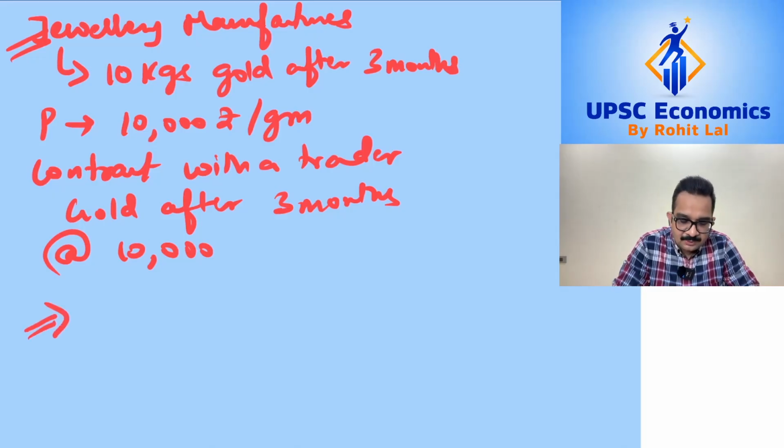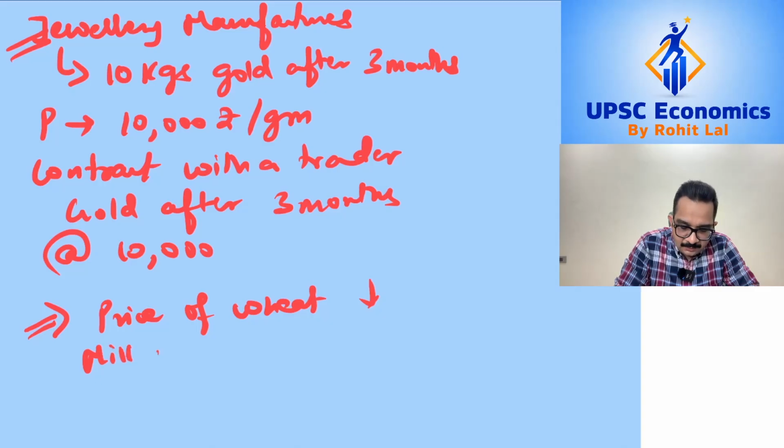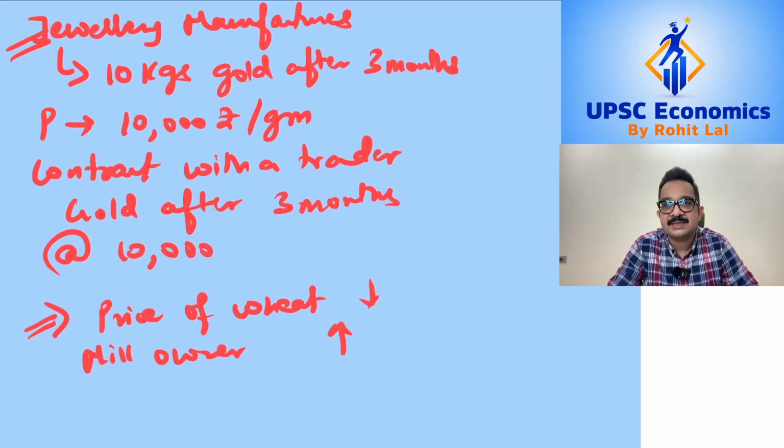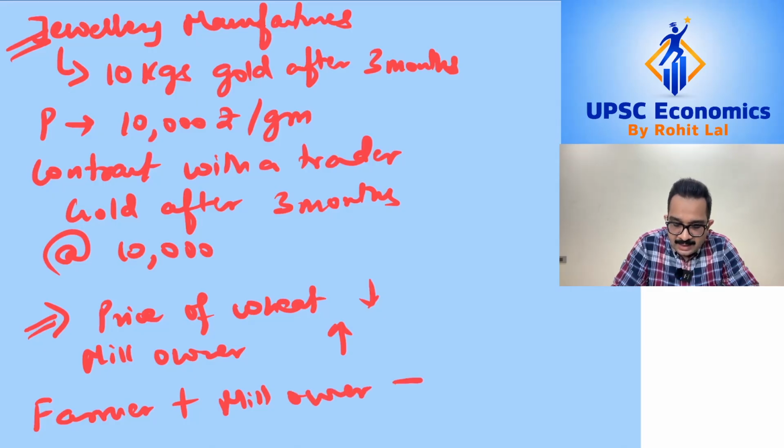Similarly, you could have, let's say, a farmer who's going to harvest wheat in the future and he anticipates that the price of wheat could fall because there could be a surplus in the market once there is harvest. On the other hand, you could have, say, a mill owner who fears that there is going to be a rise in price of wheat after the harvest. So you could have both these parties, the farmer and the mill owner, who together sign a contract at a